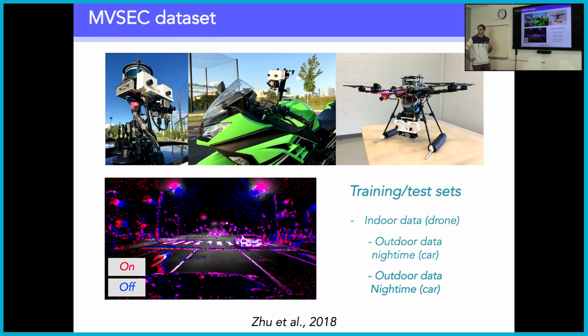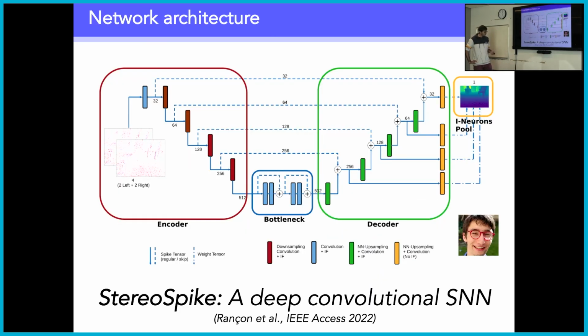So when the luminance value of the scene is relatively low. And you have one example here. Of course, the data is not as accurate as during daytime, but still the event cameras are able to capture something. This work was done by Ulysse Ranson, who's actually an excellent PhD student. He defended last week, and we were very happy of what he did. And he did that during his master internship.